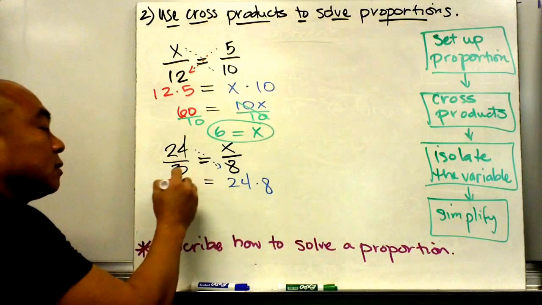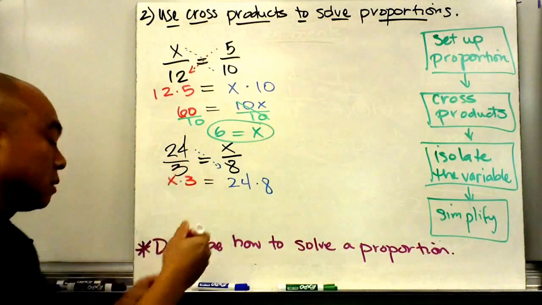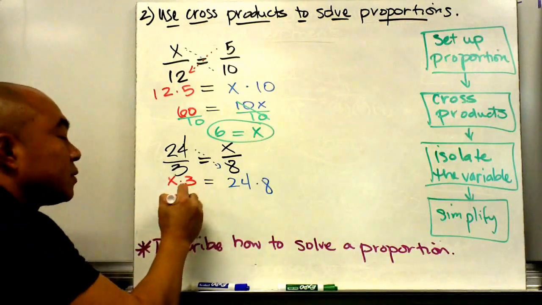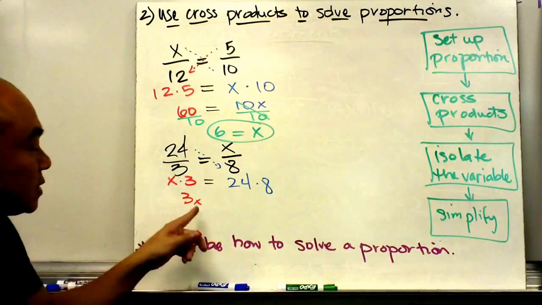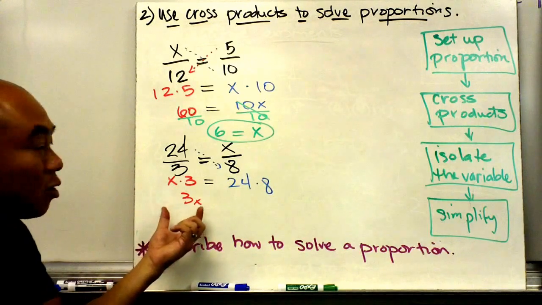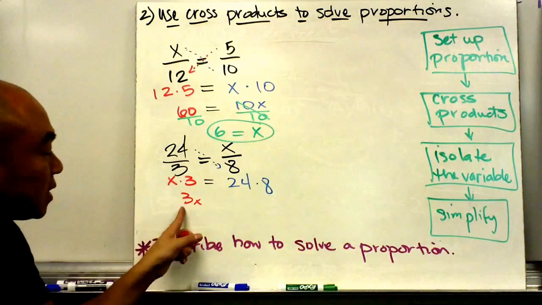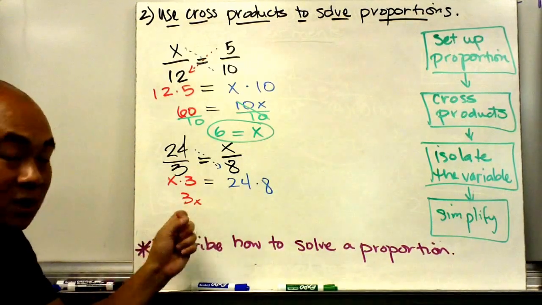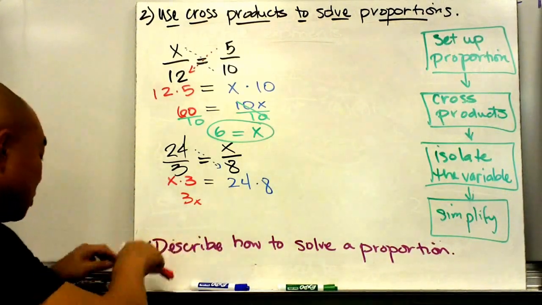X times 3. Alright, let's go ahead and solve this out. X times 3 is going to give us 3x. And again, I just normally write it 3x just because that's the normal format of how when you take a number and a variable, when you multiply them, it just goes number first, then letter. Okay? And that's going to be equal to,